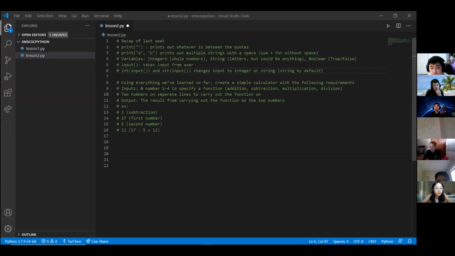You want to have an input that's a number 1 to 4 to specify a function: addition, subtraction, multiplication, division. Then you're going to have two numbers on separate lines to carry out the function on, and then for the output you just print the result. An example would be you put 2, which tells it to do subtraction, and then you put in 17 as the first number and 5 as the second number, and the output would be 12.